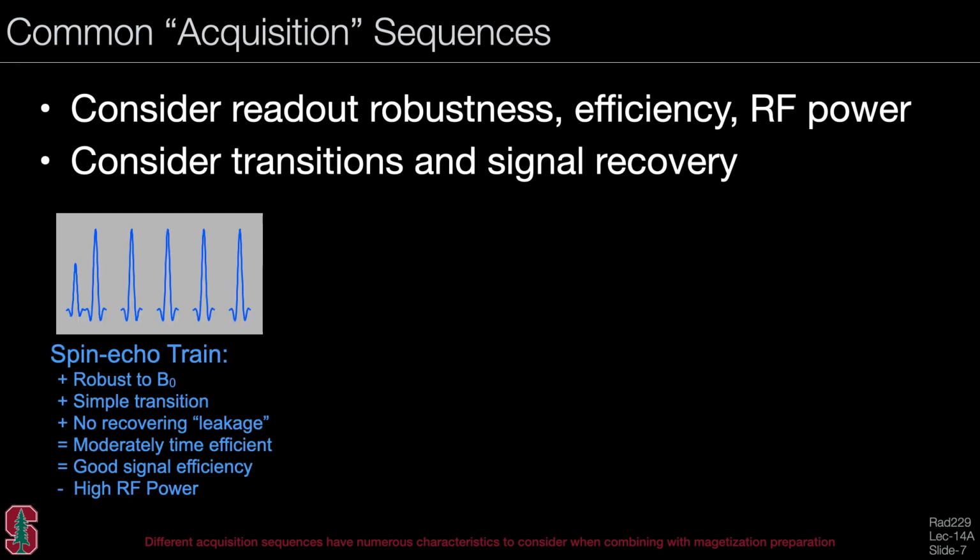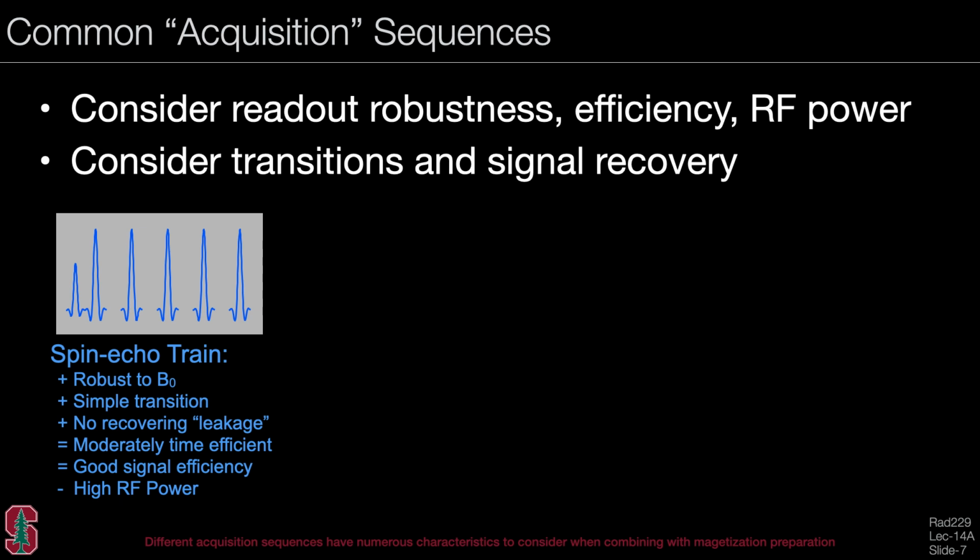So the first acquisition sequence we can think about is a spin echo train. As we've seen, this is robust to static field variations. There's a very simple transition because we can go right from a magnetization preparation right into the echo train. As we've seen before, recovering magnetization will not leak into the signal, so this is a really strong point for